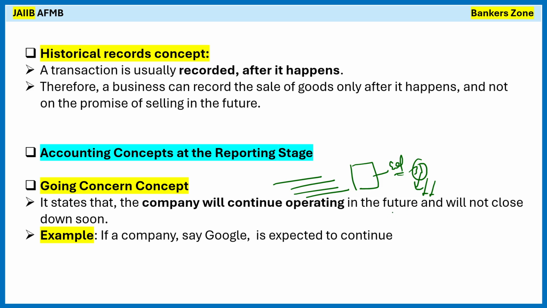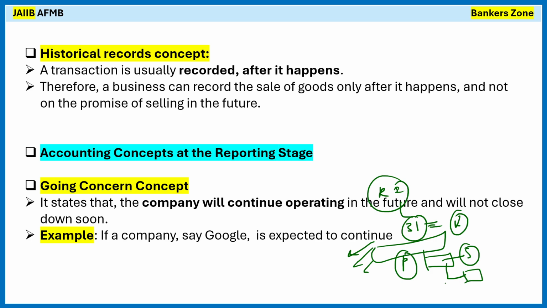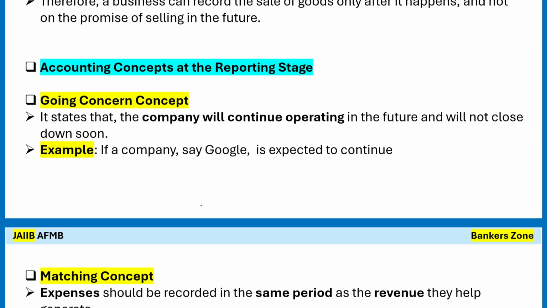For example, if the accountant of Reliance Industries is preparing their financials for 31st March, will they prepare them as if on 31st March we will close down the business and distribute the profit? No. They will prepare in such a way that whatever profit we have, we keep some part for the expenses and for repayment of the loan over the next few years. That means we are thinking that the company is a going concern. It will operate for the next few years, and in that way we prepare the accounting statements. It is a going concern.